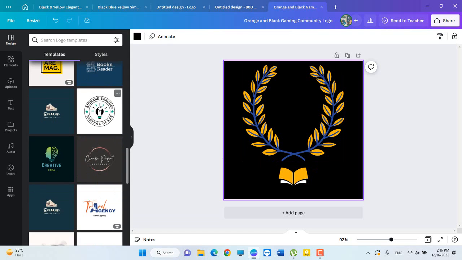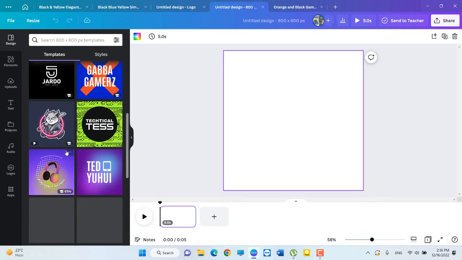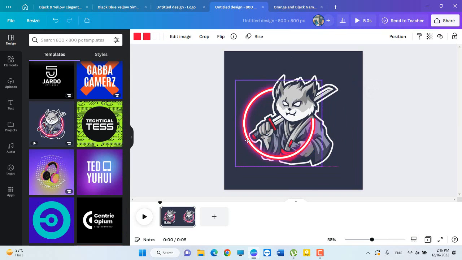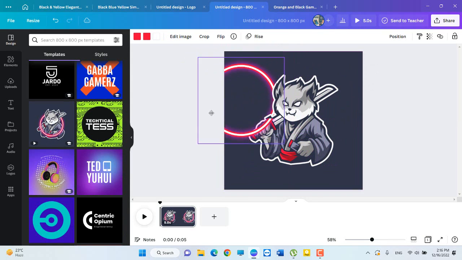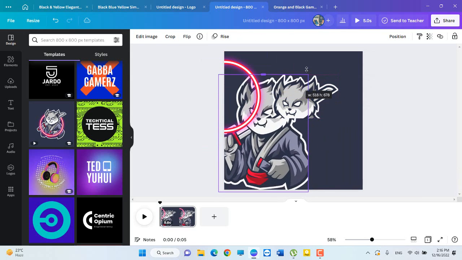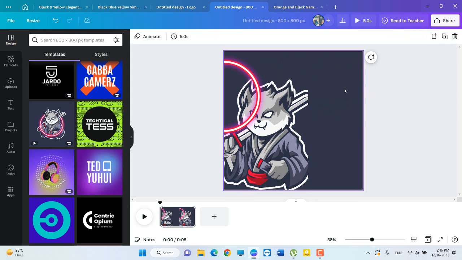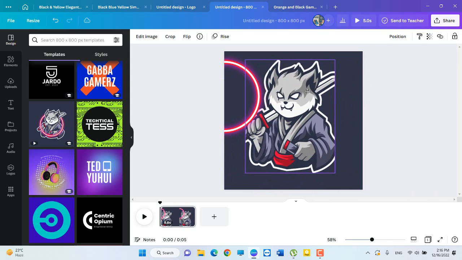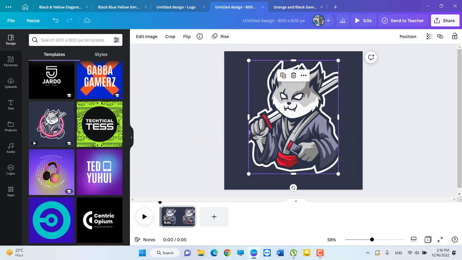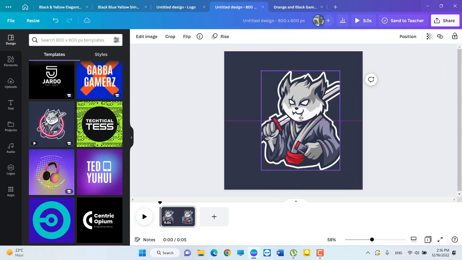If I want to change to another, click this one. Here you can see different logos. For example, if I click on this, you can see this one and this one and also. If I delete, click on this and delete them. So you can say our logo is ready. Now you have an idea how to